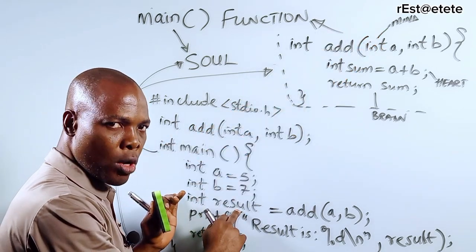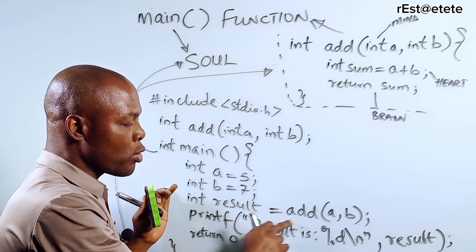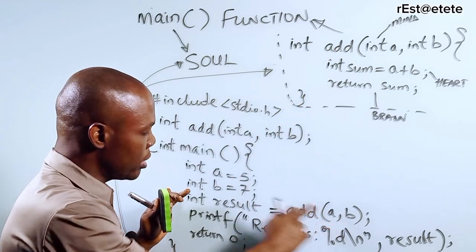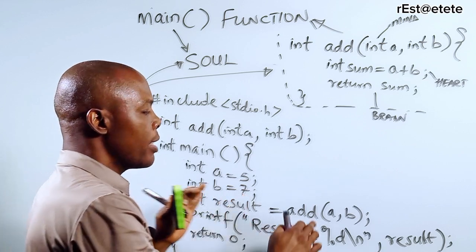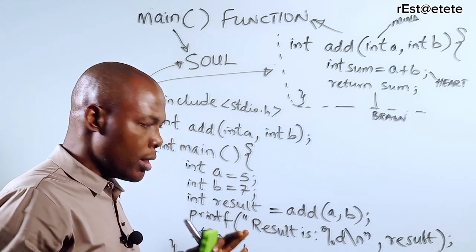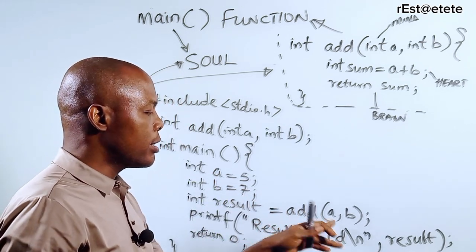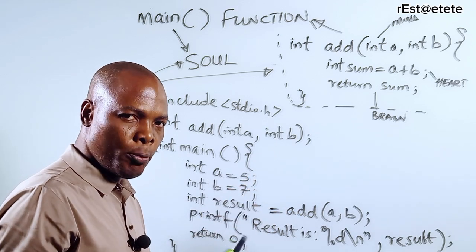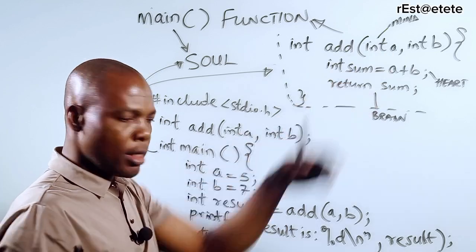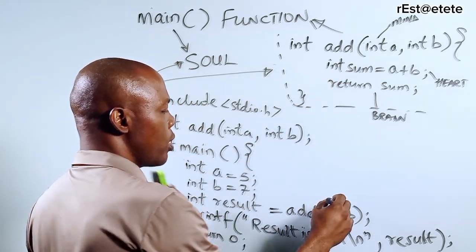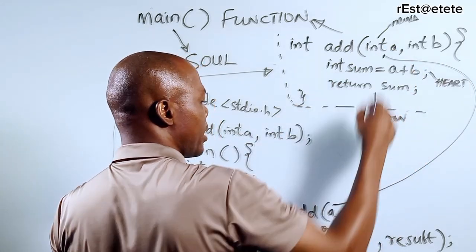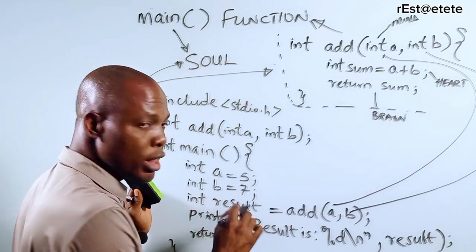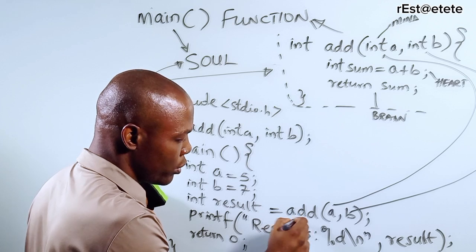I create another variable called result, and then I'm calling this function here, and supplying the two parameters to it, which is what? 5 and 7. Now, what will happen is that these values will be copied, duplicated to this. So this A will come to this one, and this one will come to this one. So in calling this function, the moment I call the function add,